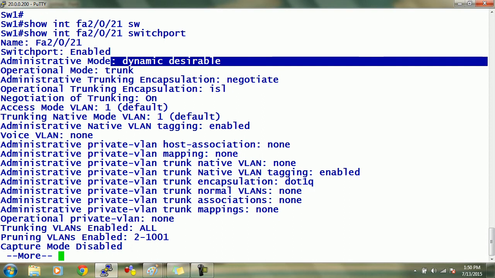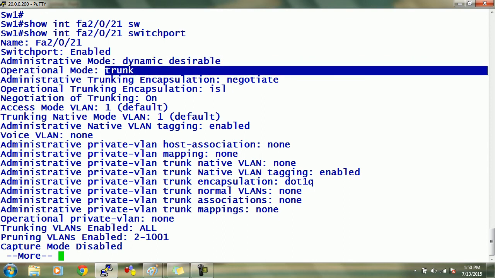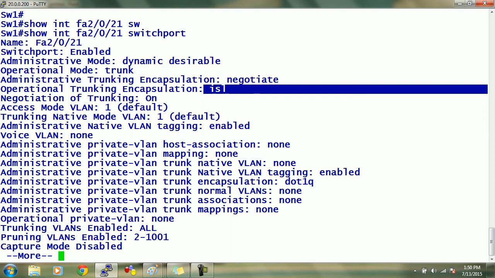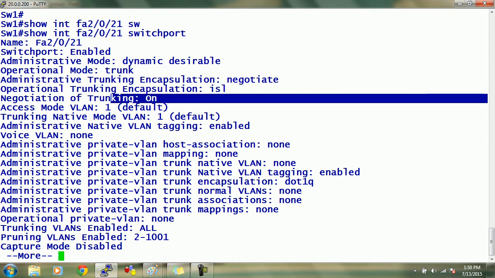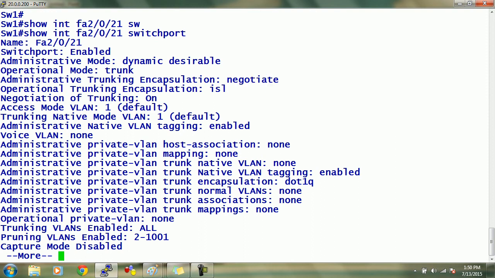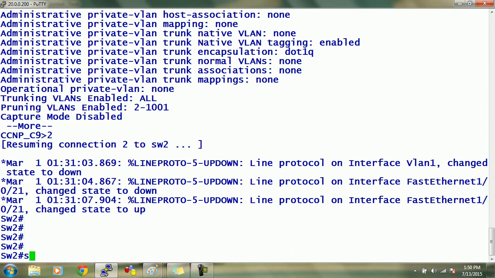Mode is? Operational mode is? It is saying I am dynamic desirable and I am working as trunk. Operational trunking encapsulation is now ISL. Negotiation of trunking is still on, and trunking encapsulation is still negotiate. This thing is clear. But if I move to switch 2 and I check the same thing,